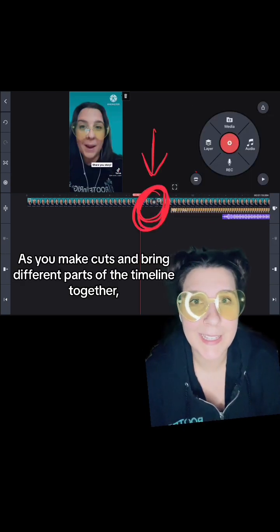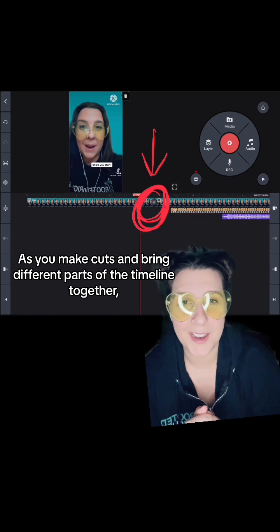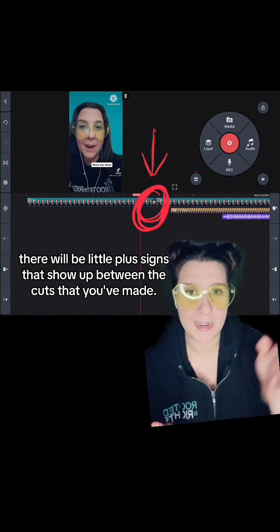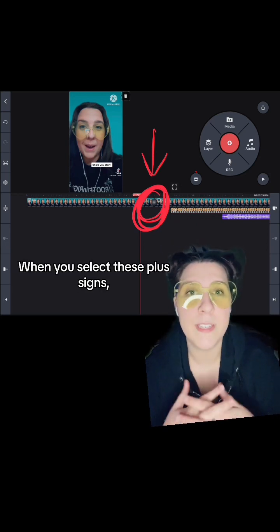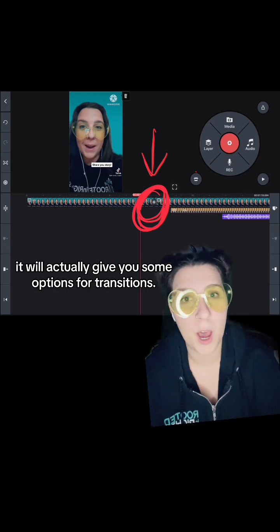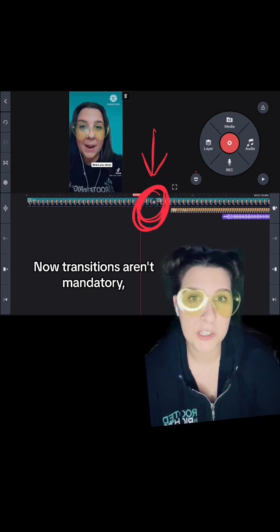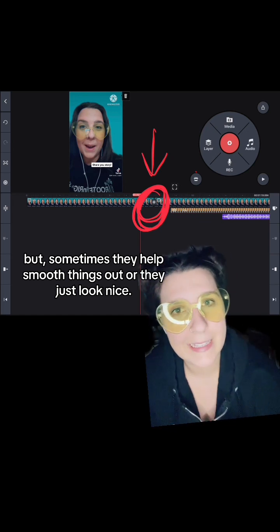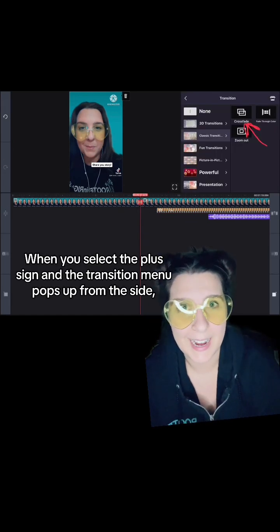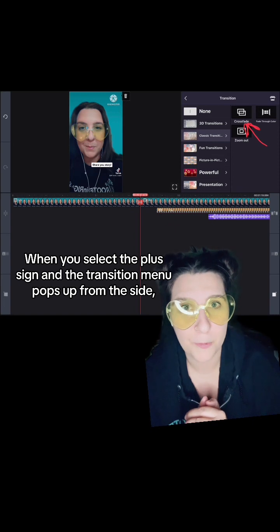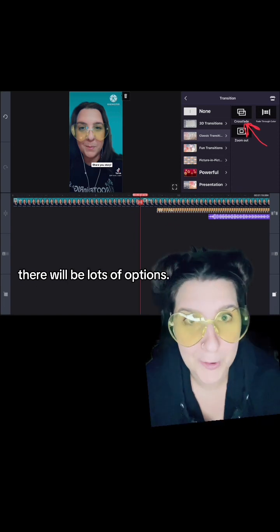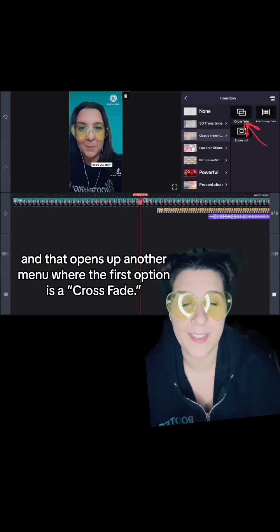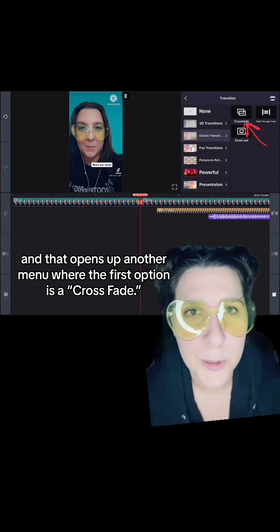As you make cuts and bring different parts of the timeline together, there will be little plus signs that show up between the cuts that you've made. When you select these plus signs, it will actually give you some options for transitions. Now, transitions aren't mandatory, but sometimes they help smooth things out or they just look nice. When you select the plus sign and the transition menu pops up from the side, there will be lots of options. The third option down is classic transitions, and that opens up another menu where the first option is a